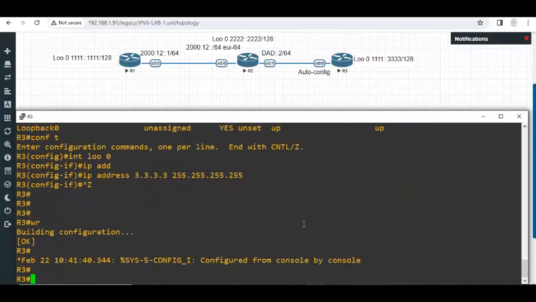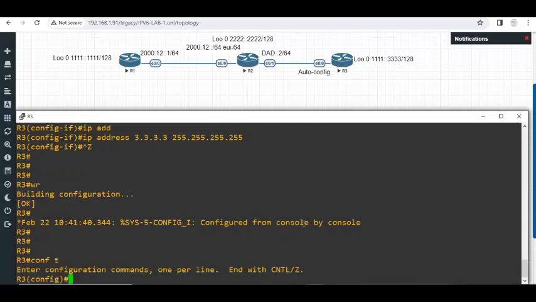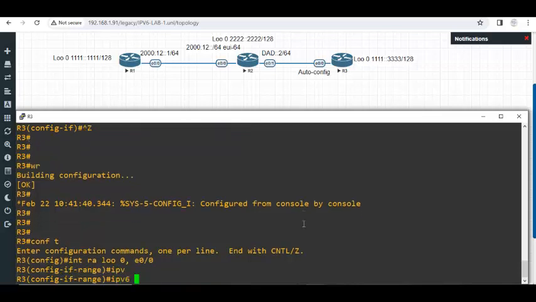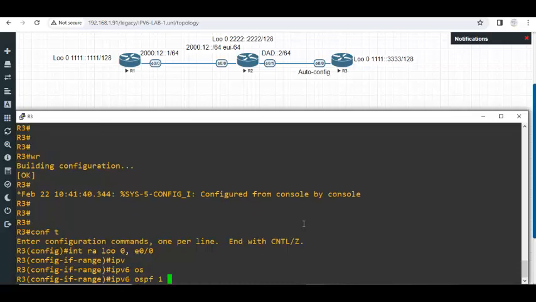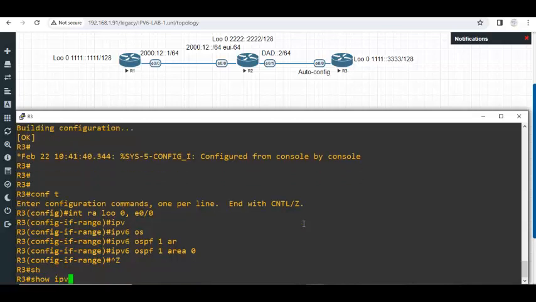Now going to the global mode. No need of going to global mode, I tell you. Just go straight to the interface, loopback, and say IPv6 OSPF process ID area. Very simple. You know this. We used to do this in IPv4. Yeah. All right. Now, if you verify,